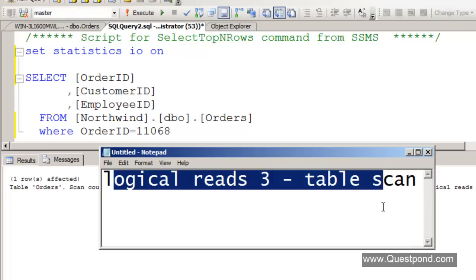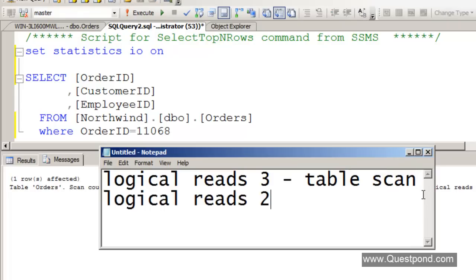I know that the performance gain is not that much. What I mean to say is, still, there is a performance gain, right? And currently, my table has very few records, so that's why we do not see too big a difference here. But in case you have a large number of records, then you can easily see a big difference in the logical reads. But said and done, we can still see that when I used an index, it is only using two logical reads to reach the record. And when I did not have an index, it was scanning row by row, and you can see that it was doing three logical reads.